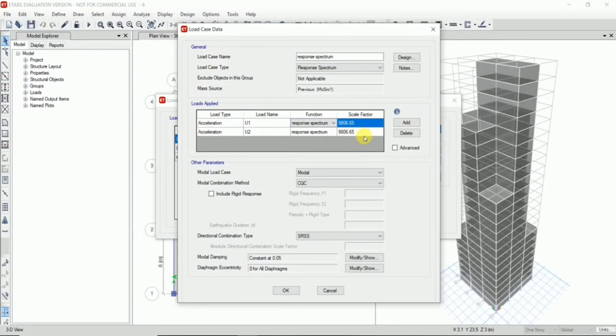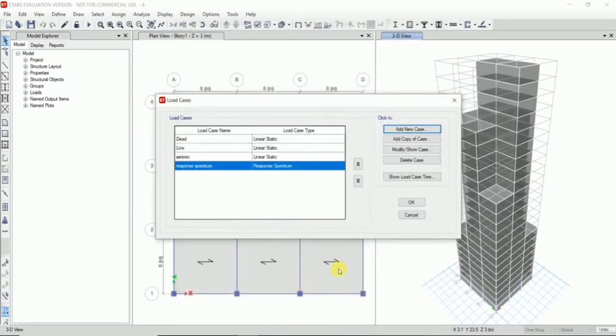Scale factor for U1 and U2 is 1663.5. Now a response spectrum function load case has been defined. Clicking on OK to exit.